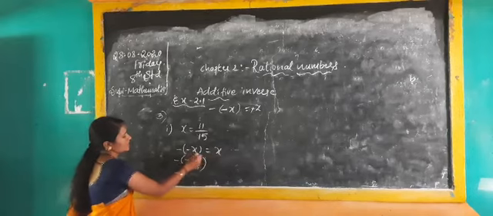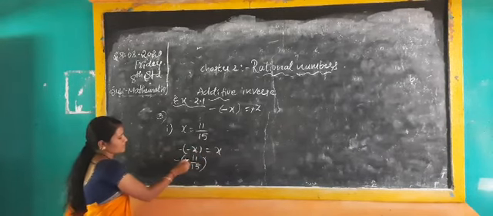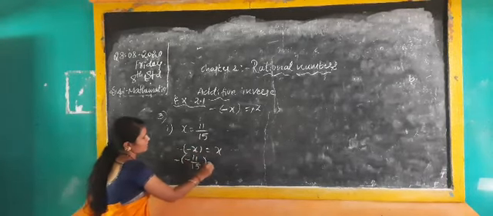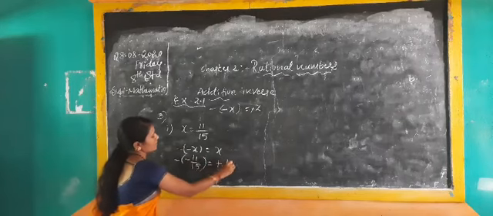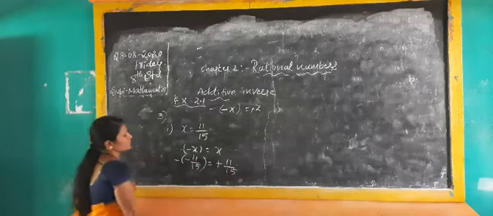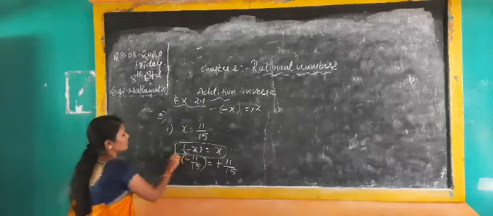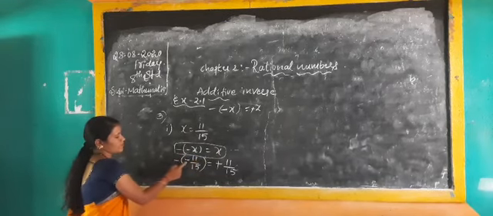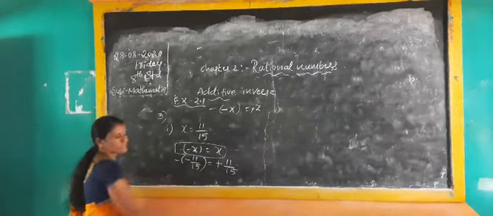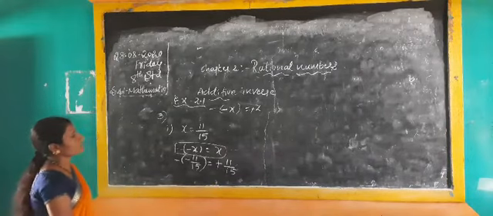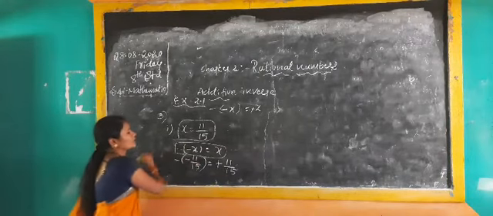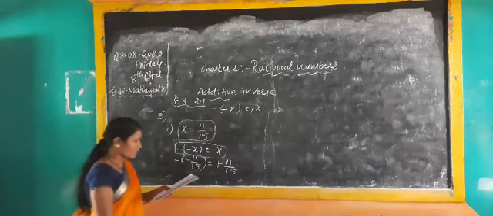Here, same as it is, x: minus into minus is plus, and the value is 11 by 15. See here, minus of minus x will be x, like that only; minus into minus is plus 11 by 15, which is 11 by 15. You will get whatever x is as it is. Next, second problem, what is there?